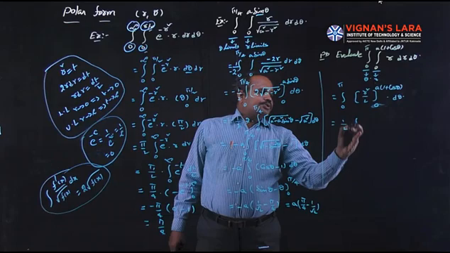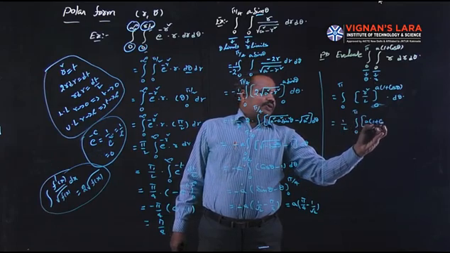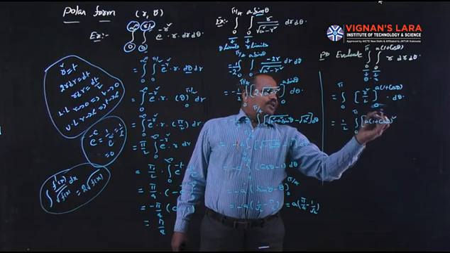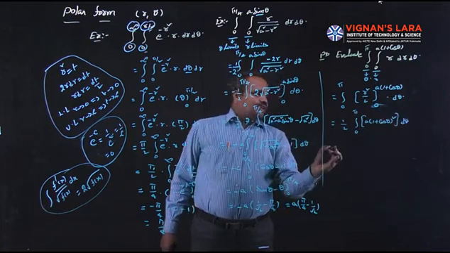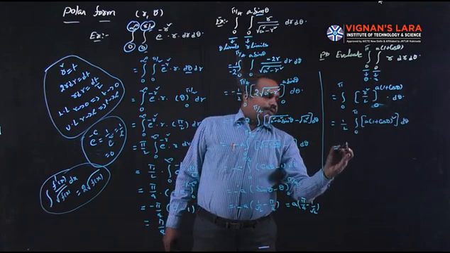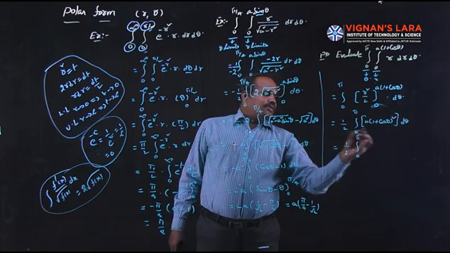Upper limit substitute a into 1 plus cos theta whole square. Lower limit 0 value becomes 0, which is equal to 1 by 2 into integral 0 to pi, a